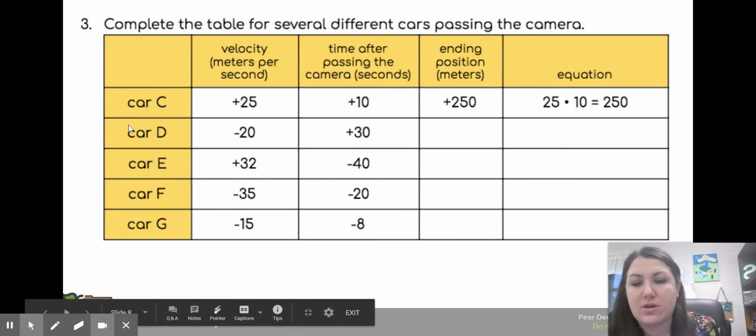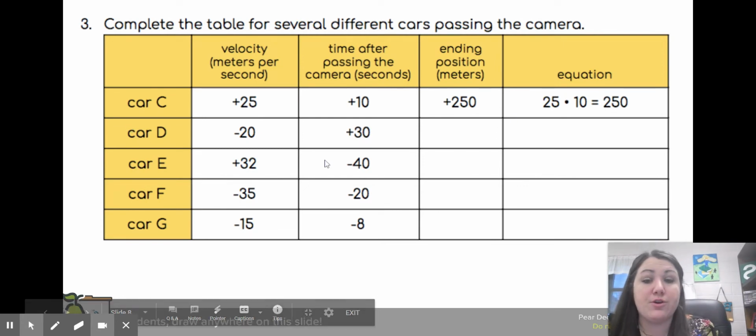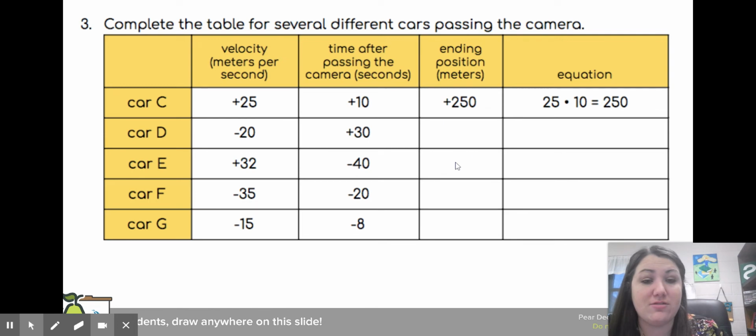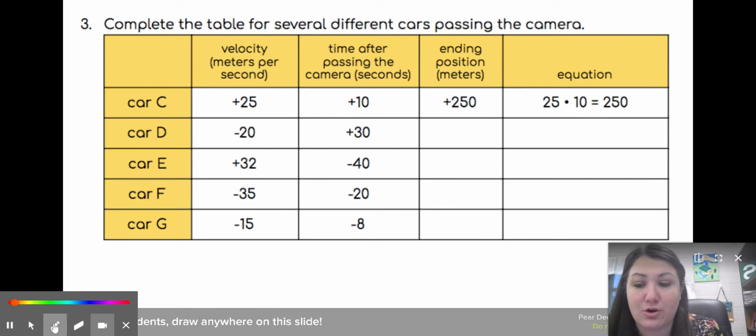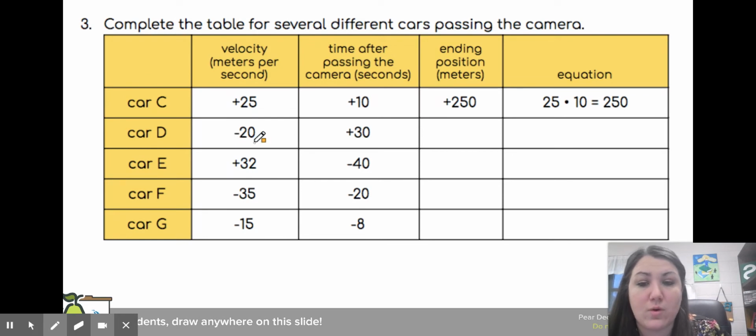That leads us into our question number 3. Question number 3, you're going to apply that same exact knowledge that we just worked on to fill in the rest of these, okay? Some of these should be pretty easy because we've actually already done similar questions, okay? So it's moving -20 meters per second, meaning it's moving west 20 meters per second for 30 seconds, okay? So we knew it's moving west in groups of 20